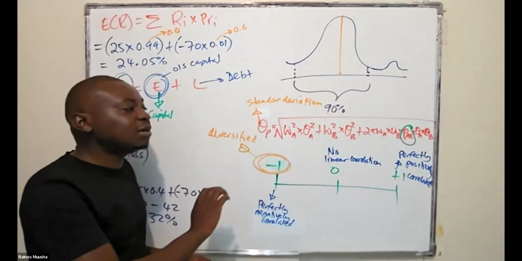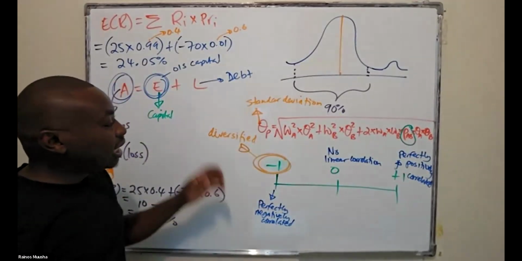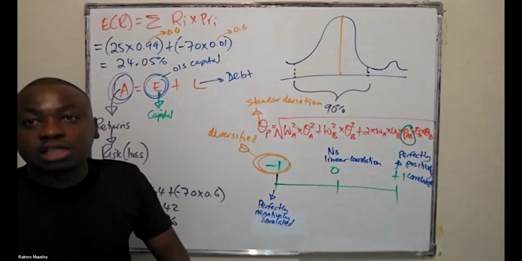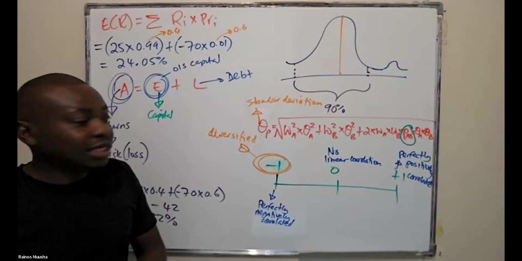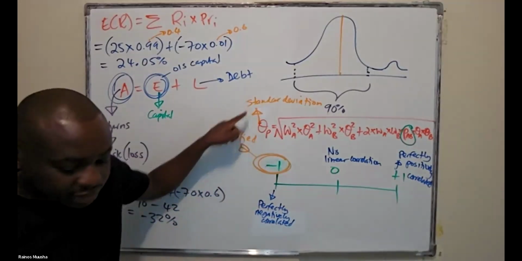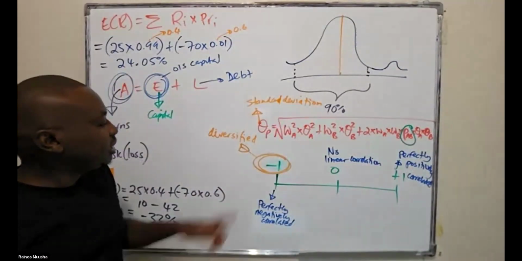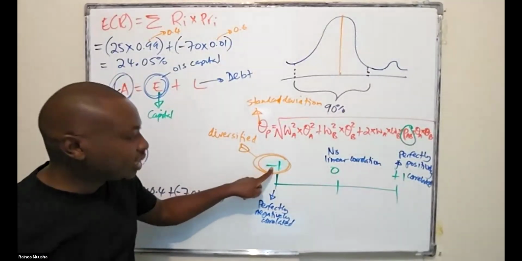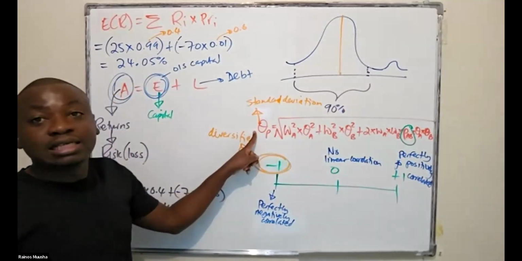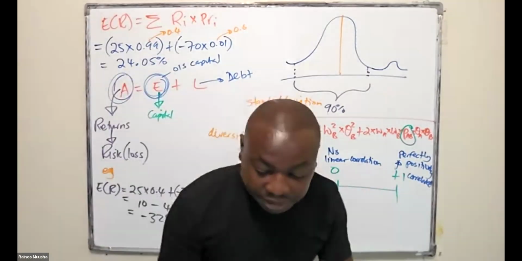I don't want to go too much in depth regarding this, because we're still going to explain it later on. So what you need to take note of there is that the correlation coefficient affects the total risk of your asset. And how do you measure the total risk of your portfolio of two assets? By looking at the standard deviation. And the more the correlation coefficient goes to -1, the lower the correlation coefficient, which also lowers the total risk of the portfolio. So that's basically what they mean there.